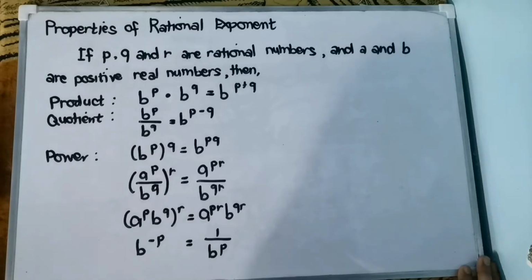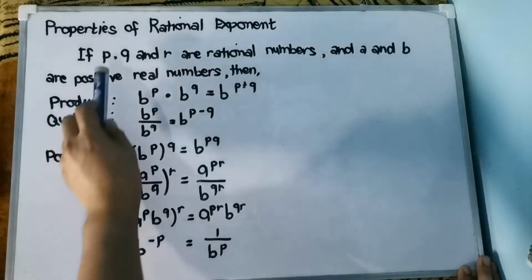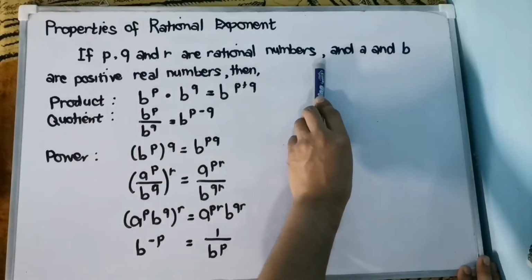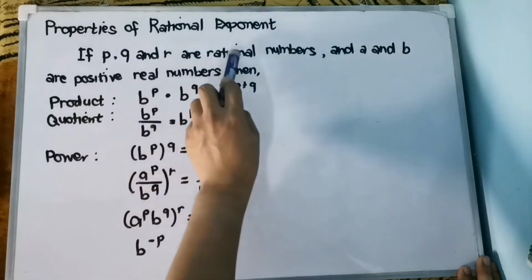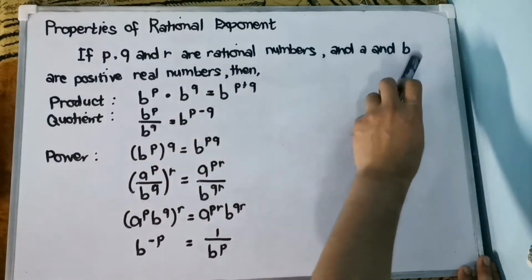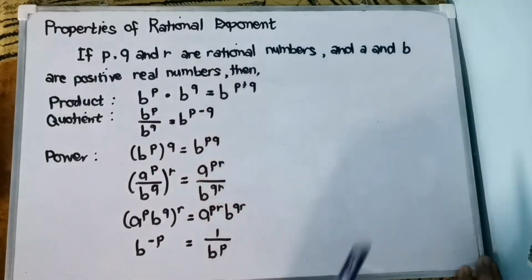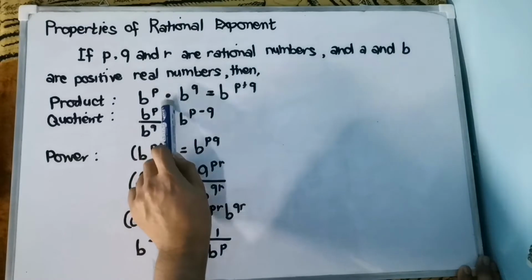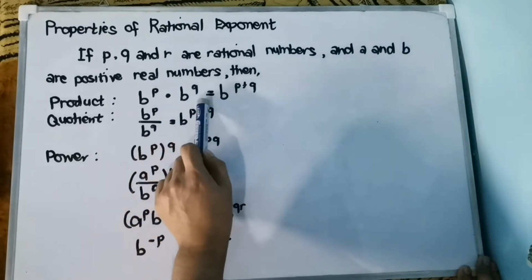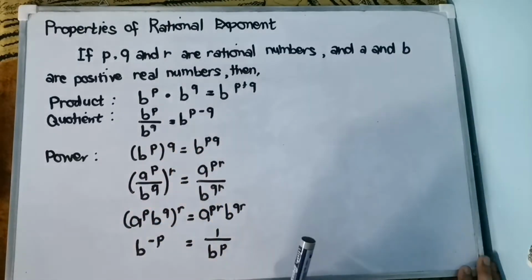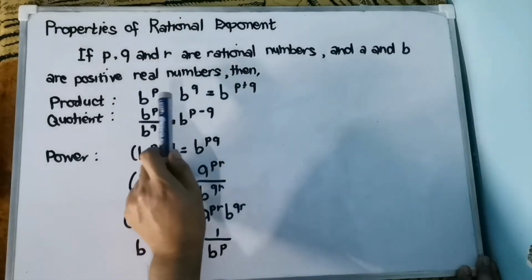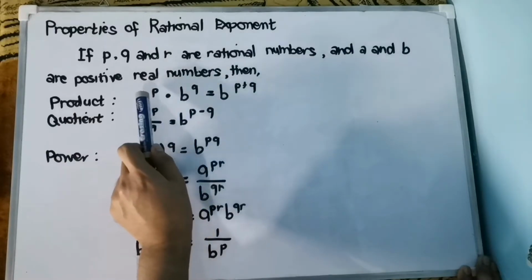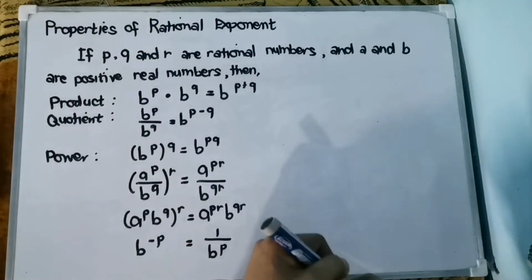So let's start. It says here that if p, q, and r are rational numbers, again, we have used unknown variables which are p, q, and r, and that should be rational numbers, and a and b are positive real numbers. So let's start with the product rule. b raised to p times b raised to q equals b raised to p plus q. For the product rule, if you have the same base, so yung ating base ay b, you just add the exponent. So example, we have